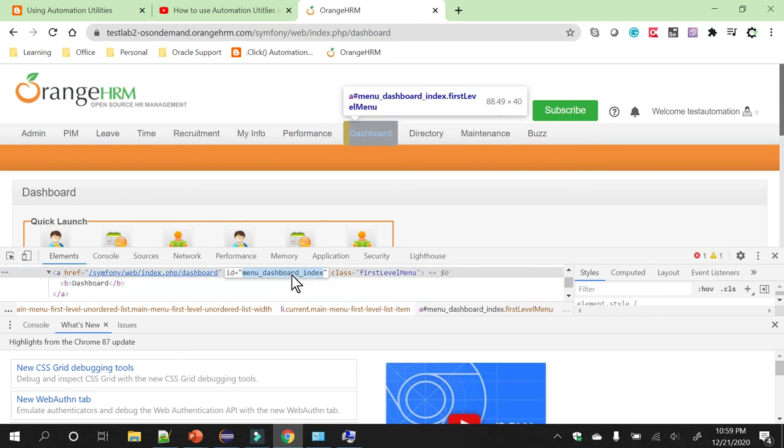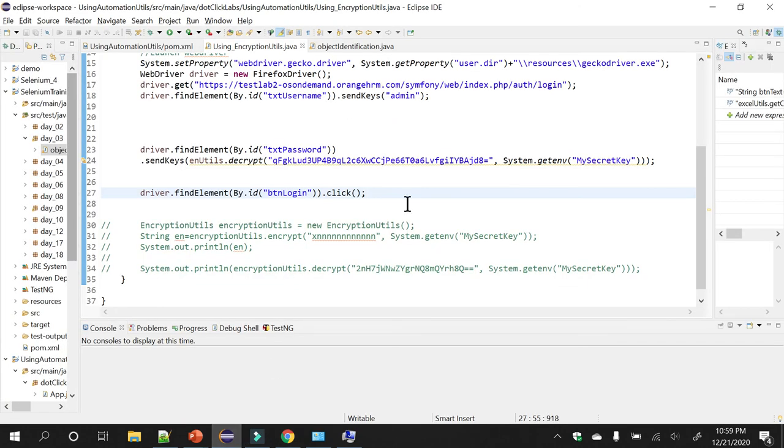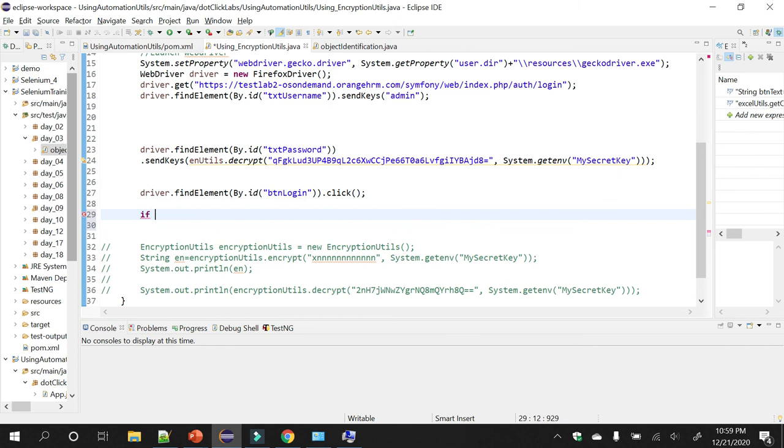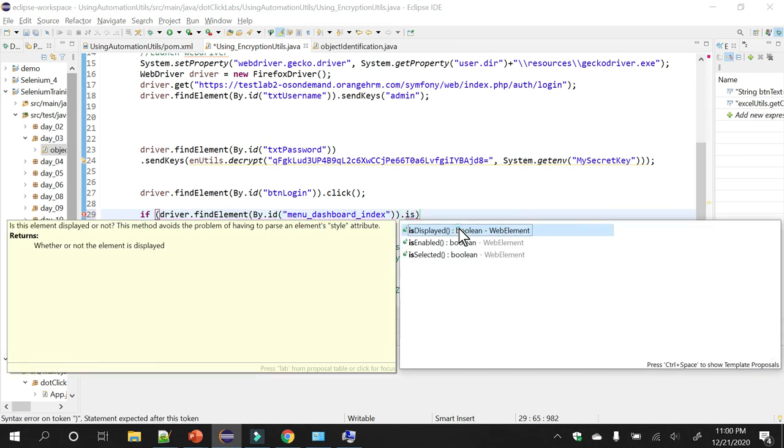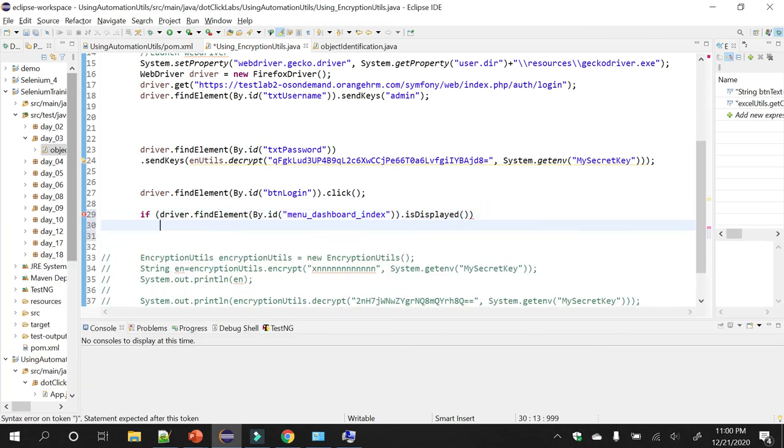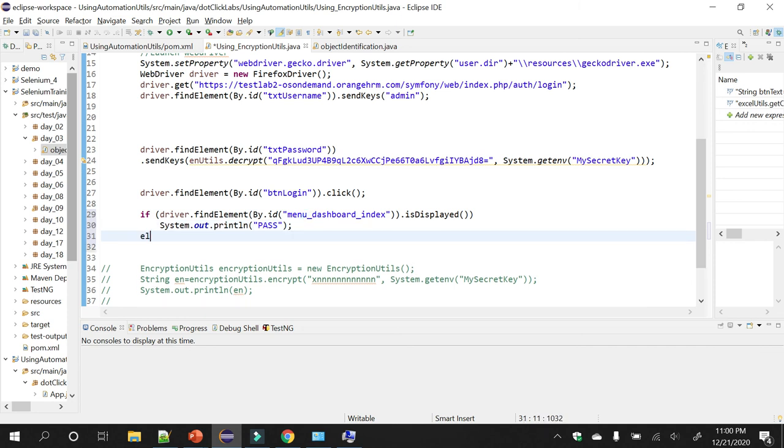Okay guys, so you can now write a condition: if driver dot find element by dot ID, and paste the ID which I copied, dot is displayed, meaning if it is on screen, then you can say this is pass. If you want, you can use your own assertions using JUnit or TestNG.